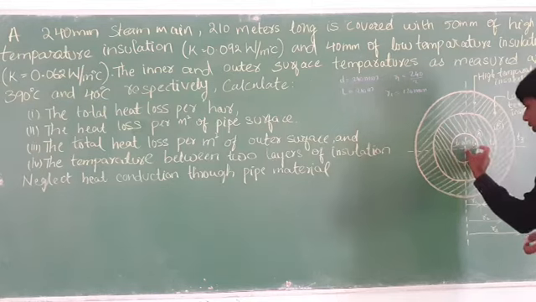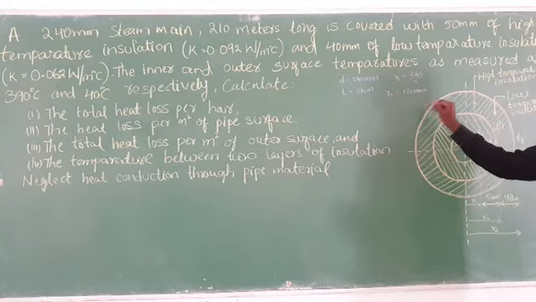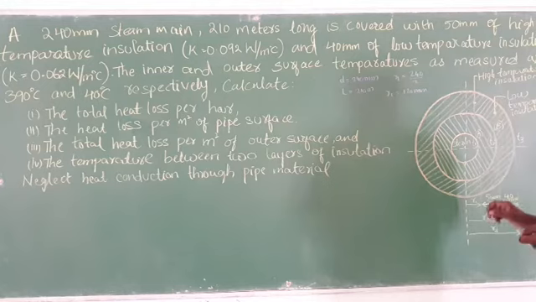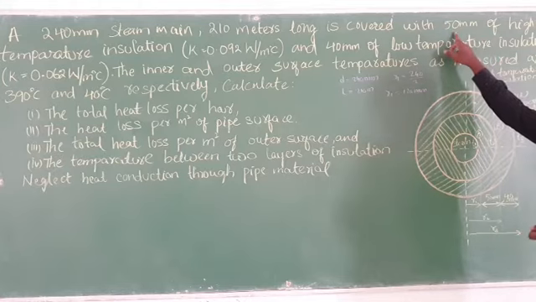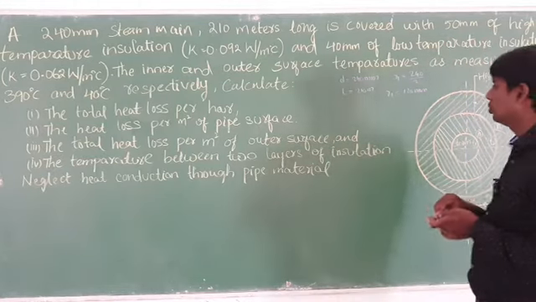So here, from the center point to this steam point, the R1 radius you got. How much radius did you get? 120 mm. This radius is 120 mm. After that, high temperature steam. After that, the high temperature insulator thickness is given. How much is it given? 50. So what do you have to do?